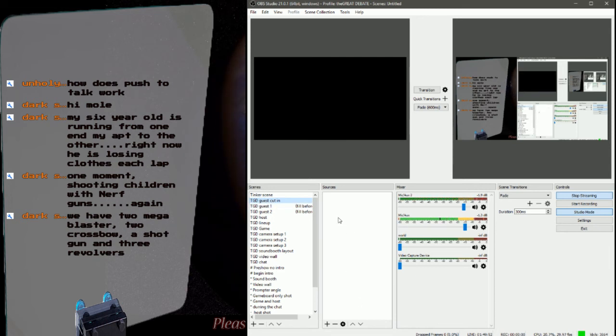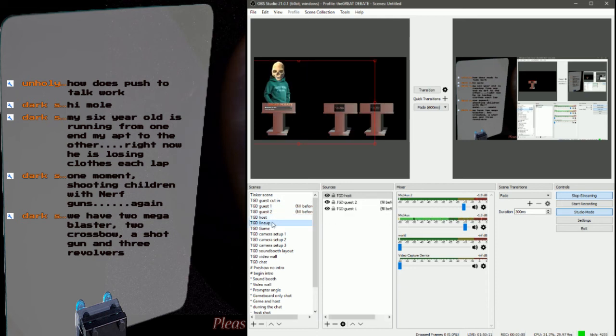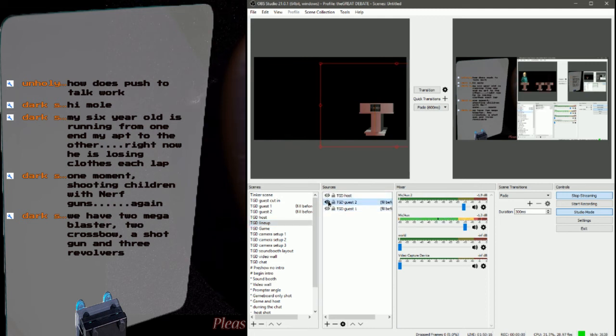Guest cut-in is a blank cut-in for me to add to the people who are on my show. I'm working on making it work. Guest 1 is a podium with the game screen on it. So you see I import the game back into this scene. Then guest 2 is the same thing as 1. It's just a copy, but it's made so I can import different things. Each one is built, and then I use multiple scenes as sources inside a scene. And then I can take that scene and layer it over top of another scene.